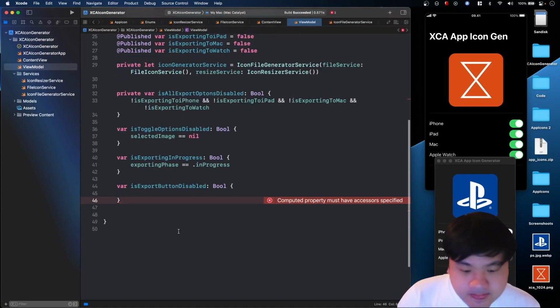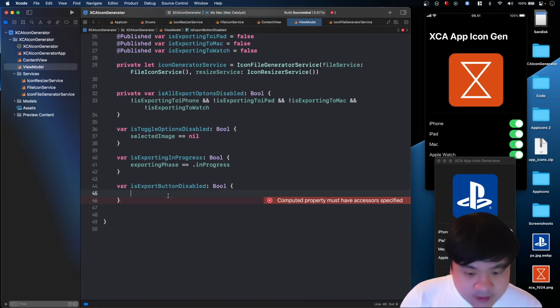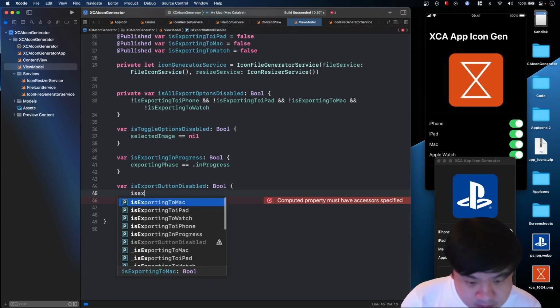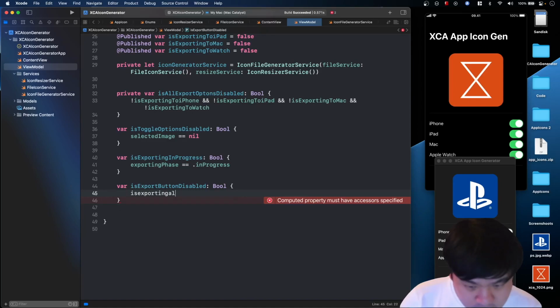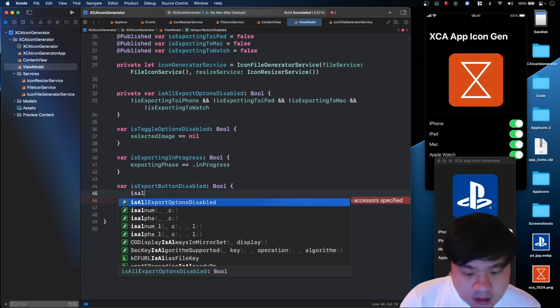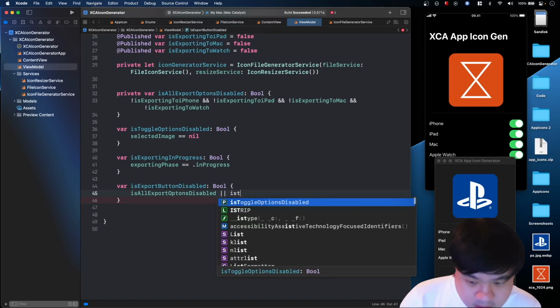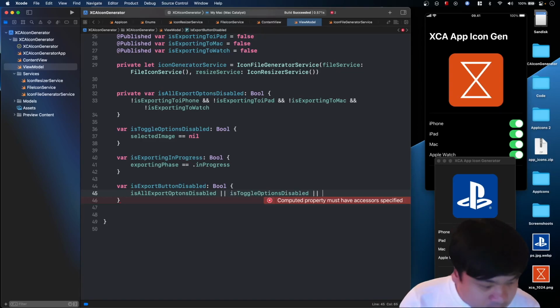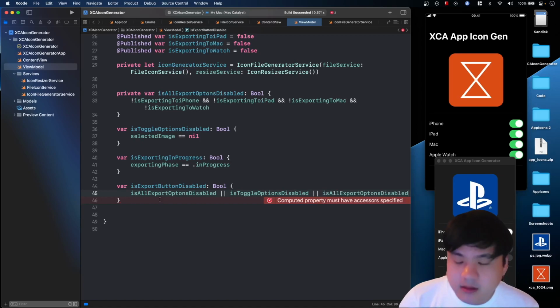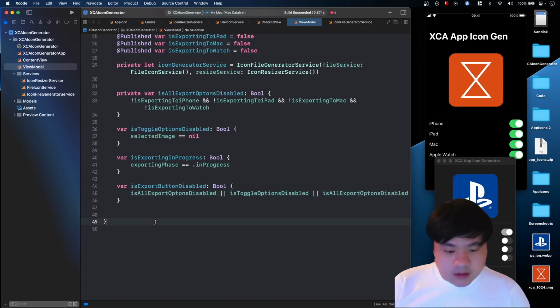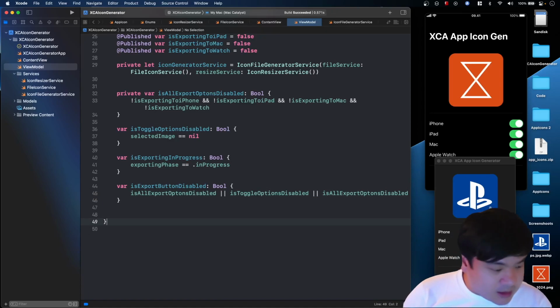Okay, now we have this export button disabled. This is going to be a combination of is exporting, all options disabled, and is toggle option disabled, or is all export options disabled. Okay, now we have all the state. And next one is,